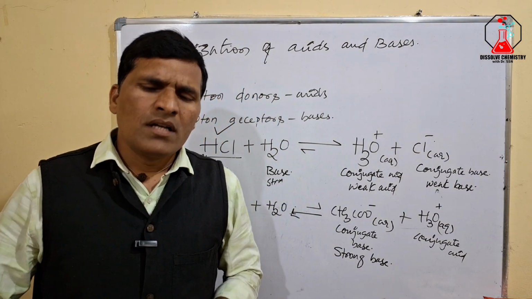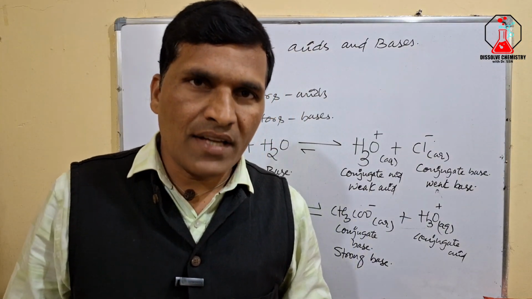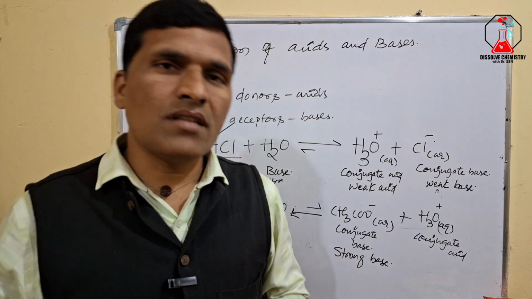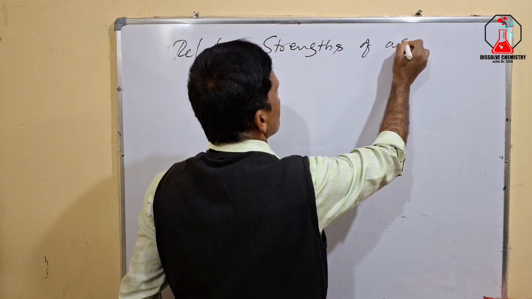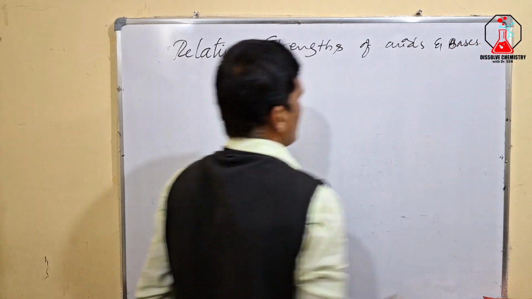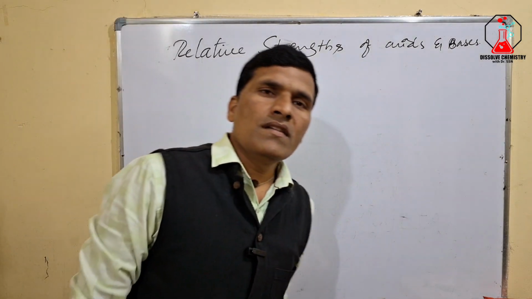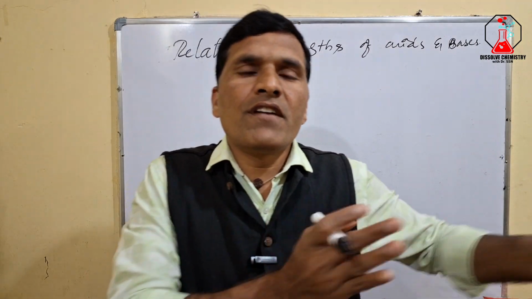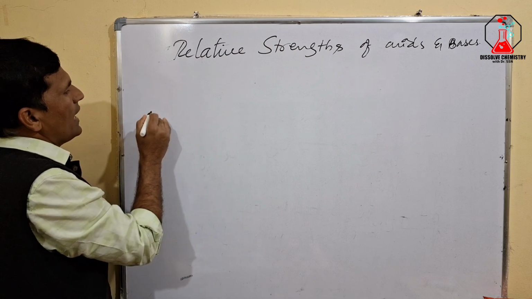Now let us see the relative strengths of these acids, and how they vary with the solvent. We will see the relative strengths of acids and even bases also. First we will consider acids. We will take acids in different solvents. First we will take strong acids, for example,